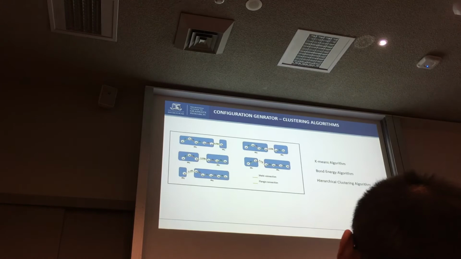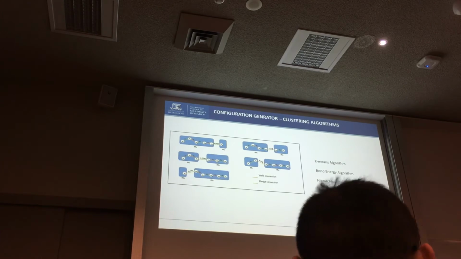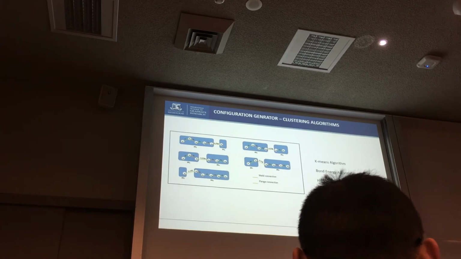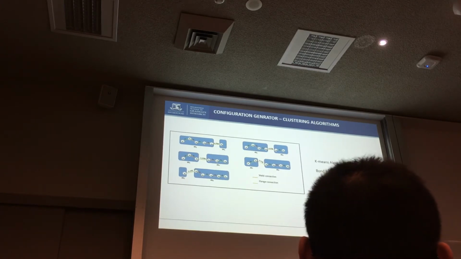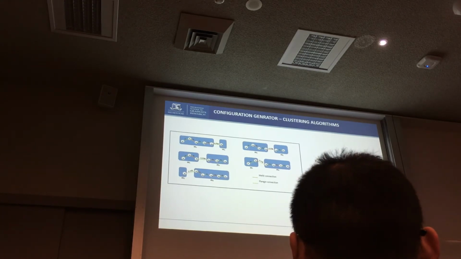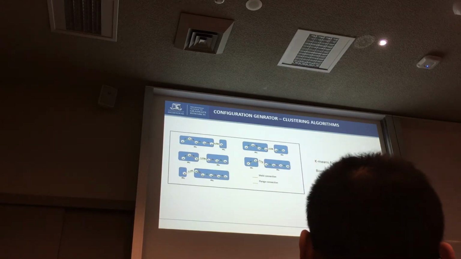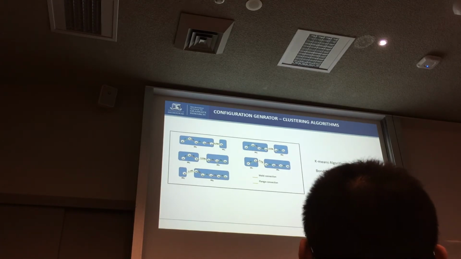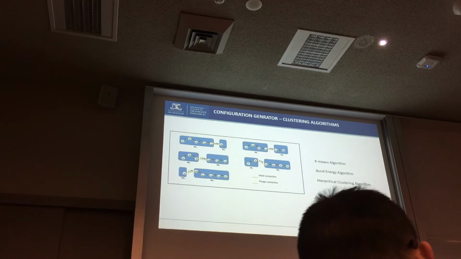So, the requirement of a clustering algorithm. Just to give an example of different types of configurations available. If you take a system with 6 different components, if you want to modularize into 2 modules, there are 5 different ways of doing it. But we're talking about 100 plus components, so there are 1,000 different configurations, where every configuration has a different cost of assembly and different cost of handling. But only some of those configurations are actually practically buildable on site. So clustering algorithms are used to identify only the configurations that are buildable on site, eliminating thousands of configurations that are normally generated.